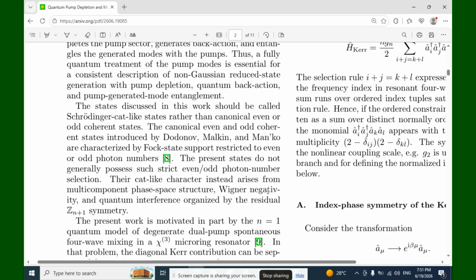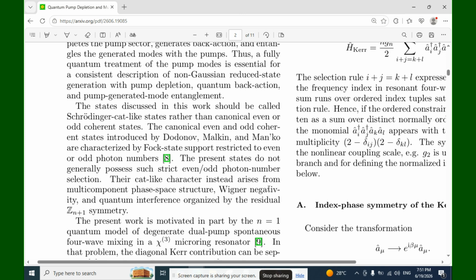The states discussed in this work should be called Schrödinger cat-like states rather than canonical even or odd coherent states. The canonical even or odd coherent states introduced by Dodonov, Malkin, and Man'ko are characterized by Fock state support restricted to even or odd photon numbers. The present states don't generally possess such a strict even or odd photon number selection. Their cat-like character instead arises from multi-component phase space structure, Wigner negativity, and quantum interference organized by the residual Z_{n+1}